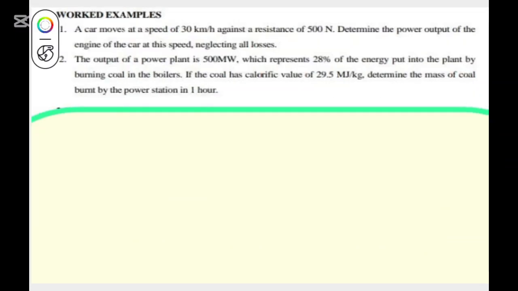It comes at a speed of 30 kilometers per hour against a resistance of 500 Newton. Determine the power output of the engine of the car at this speed, neglecting all losses. So we are to determine the power output. But to determine the power output, we have to recall one of the formulas of mechanical power that says P is the same thing as the force multiplied by